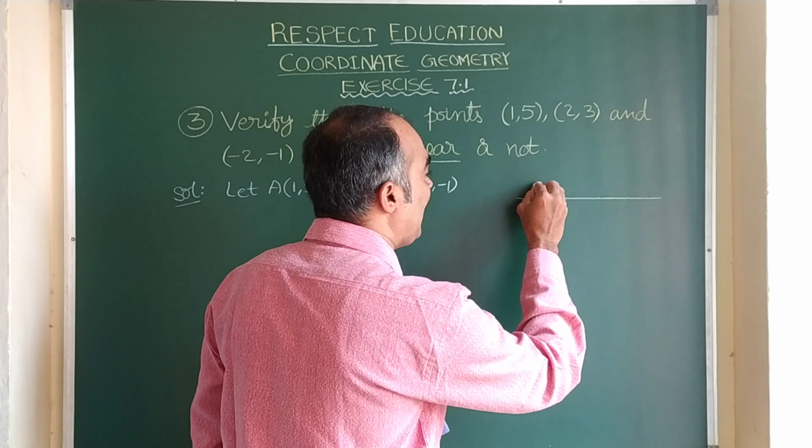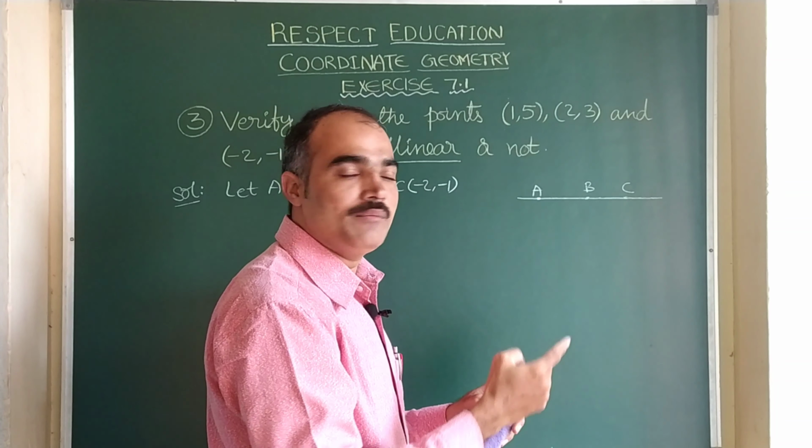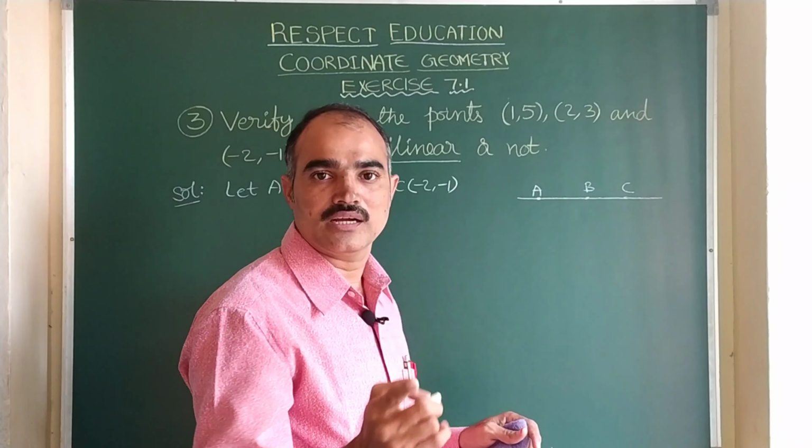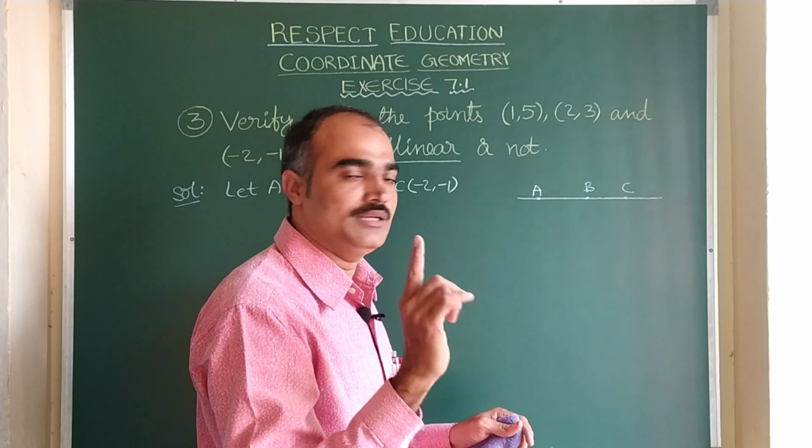Now how can we check whether they form a straight line or not? If you plot a graph of these 3 points and join them, and we get a straight line, then we can say so. But without plotting a graph, how can we check here? Simple. We need to find the distances AB, BC and CA. After finding the distances, on adding any 2 distances, if you get the third value, then we can say that those points are collinear.